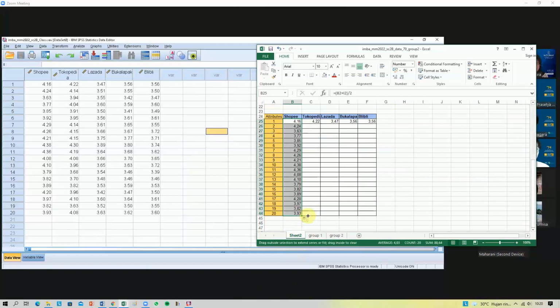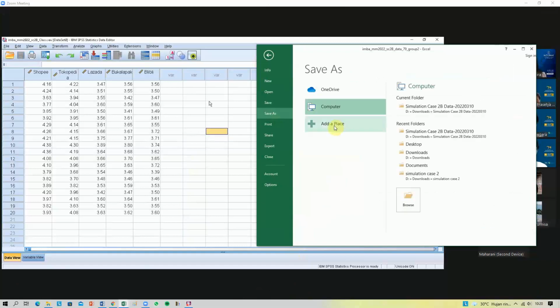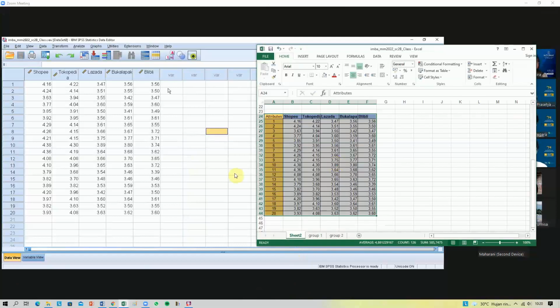Okay, everyone is done. Now we will analyze this data by what we call analysis of correspondence, or we can call it ANACOR. ANACOR was developed by Dutch scientists. Now we cannot make it as an automatic function, so we will use coding, so you have to type the coding.